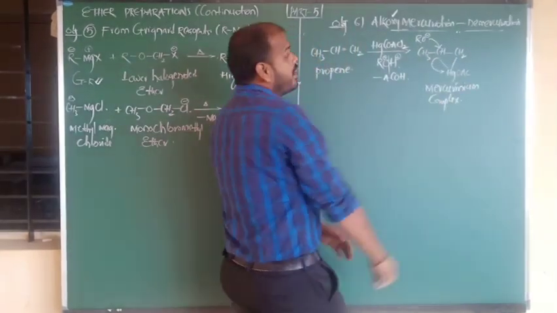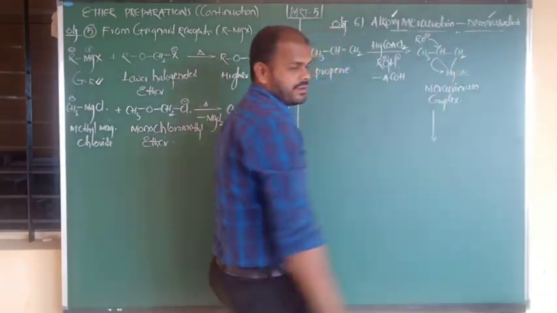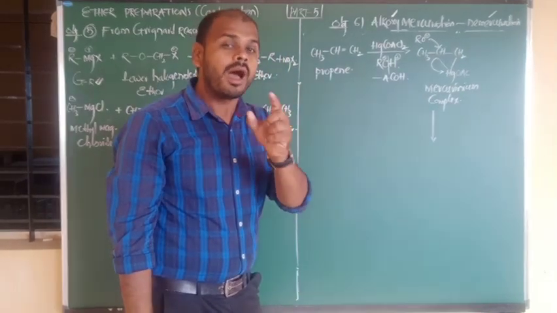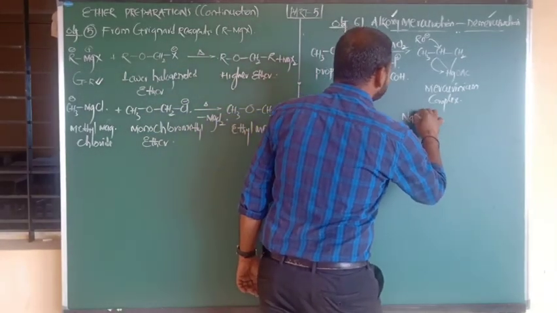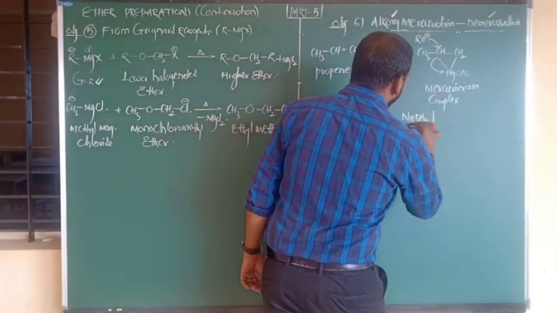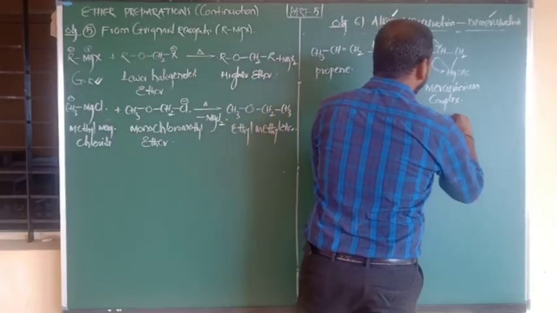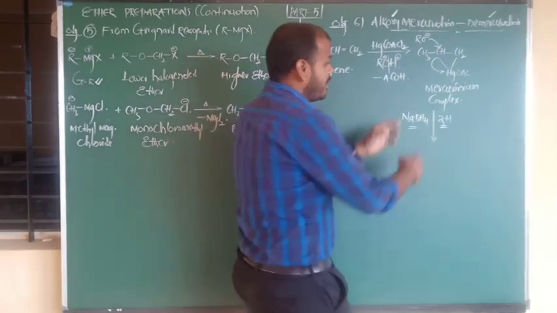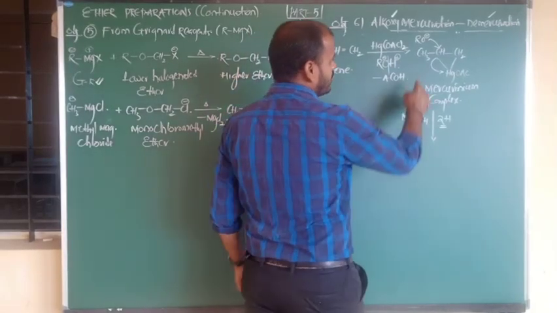Followed by that, we have to do the second step, which is nothing but demercuration. Sir, how to do demercuration? By using sodium borohydride, NaBH4. By using NaBH4, we do demercuration, and it acts as a reducing agent, meaning here we have to provide two hydrogens. Where we use these two hydrogens, I am going to show you in the product.